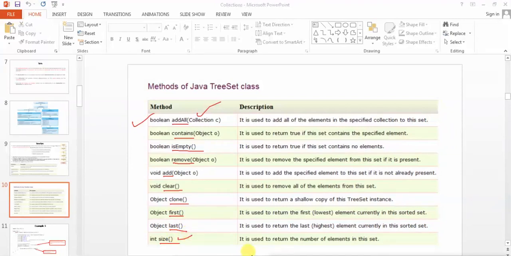So these are some of the methods. Some of these you might have already seen with the ArrayList also.